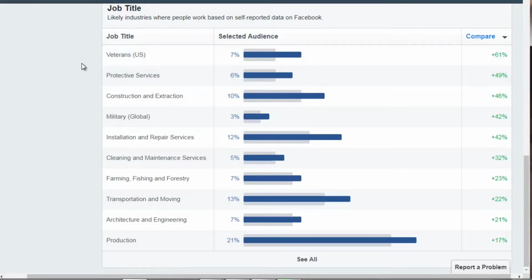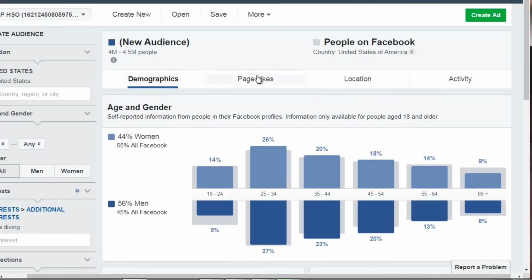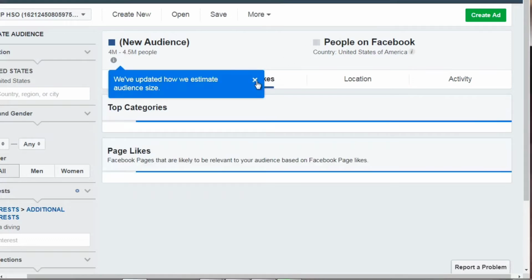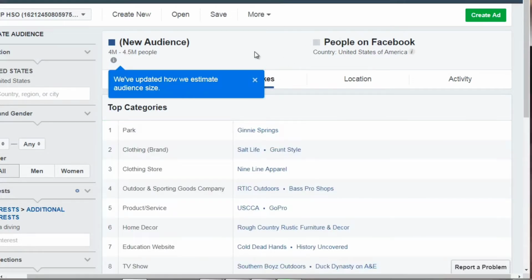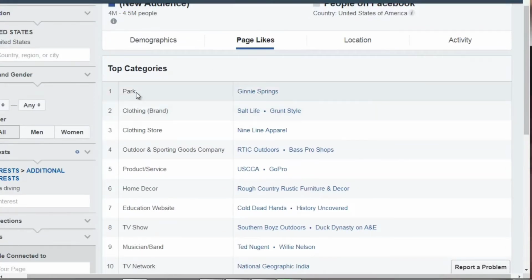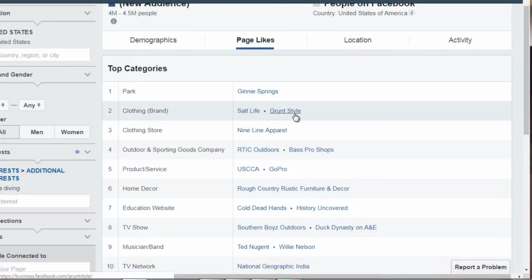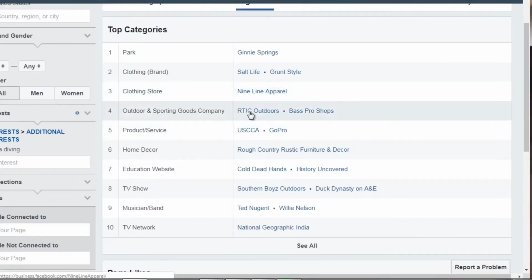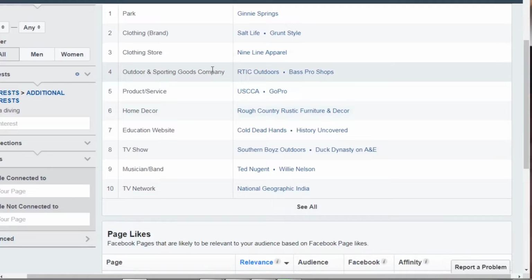Now, if we scroll up, we can click on page likes. And this is actually very interesting because this allows you to see which pages they like. So for example, we have Jenny Springs, the specific clothing brand they're interested in, Salt Life and Grunt Style, clothing store. We can see outdoors and sporting goods company, Bass Pro Shops they're interested in. They're interested in a lot of outdoors type shops, websites,